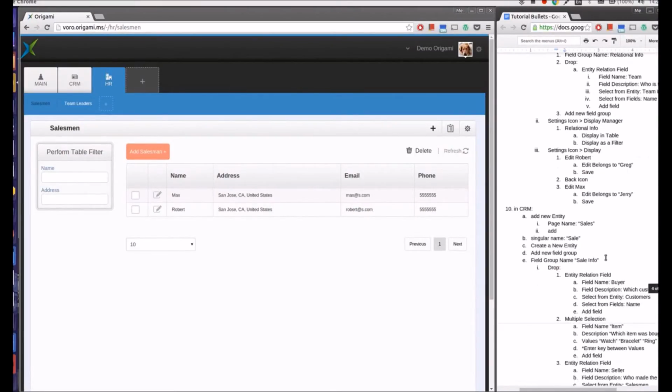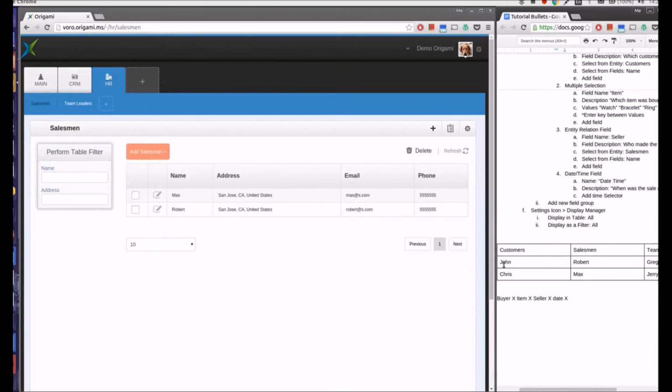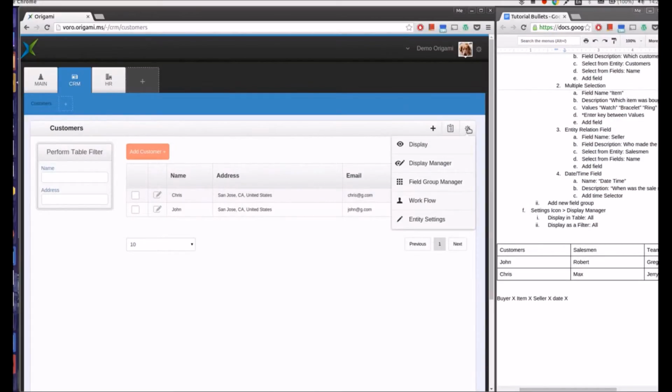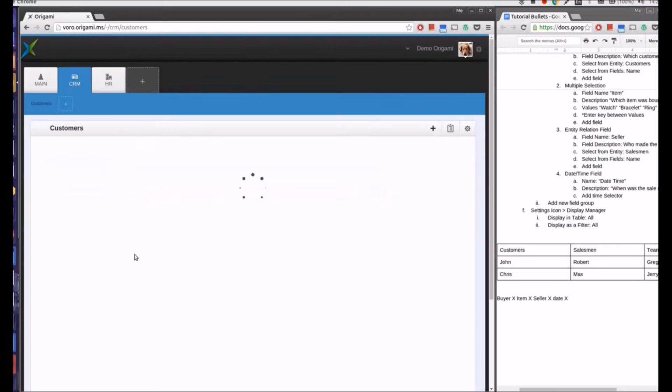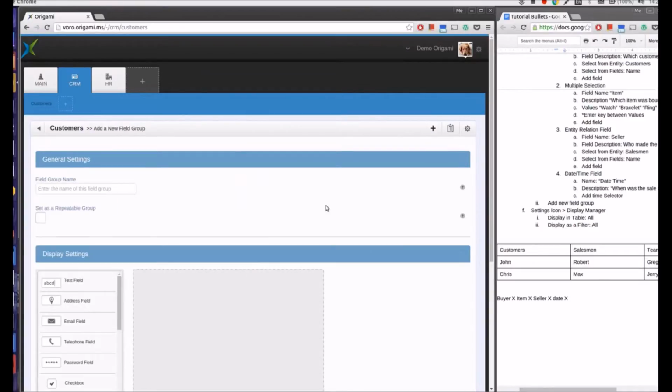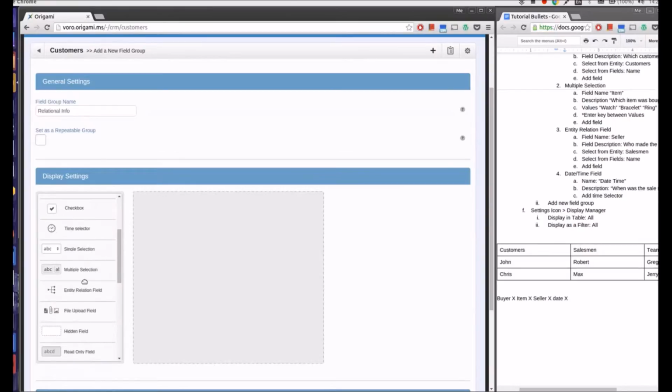We can see the relational table here. John is the customer of Robert, Chris of Max. So let's input that. How do we do it? We go here to Field Group Manager, and we need to add a new field, which is called Relational Info. So we're gonna name this field Relational Info, and we're gonna add